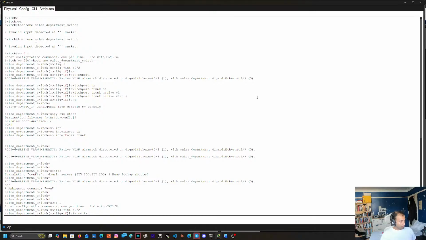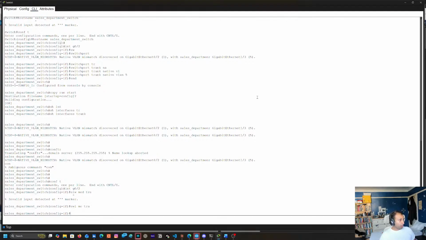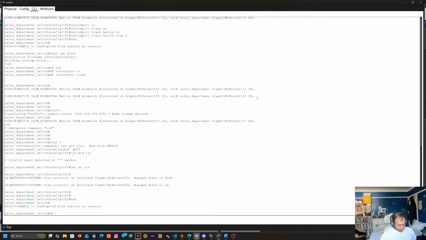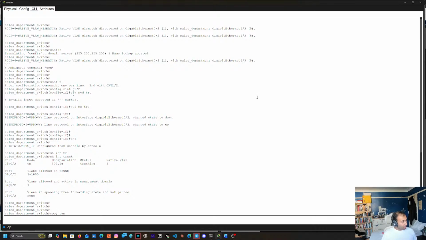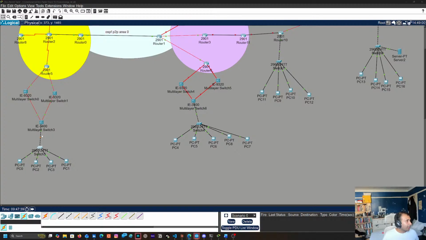So switchport mode trunk, which is actually a shorthand there. So switchport mode trunk, and we are up on a trunk. Let's do an end, show interface trunk, and let's see what we have here. Native VLAN 5. Yeah, there we go. Native VLAN 5, so that's good. Copy run start, and we should have a trunk connection